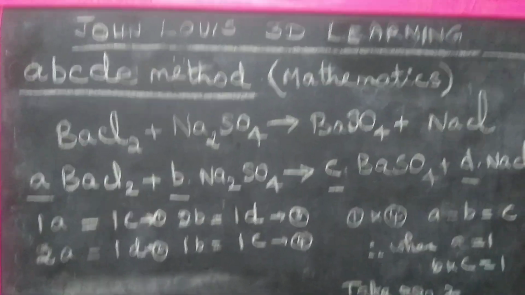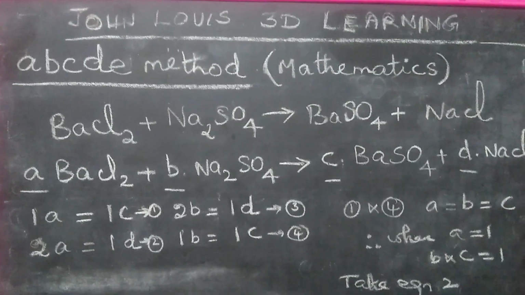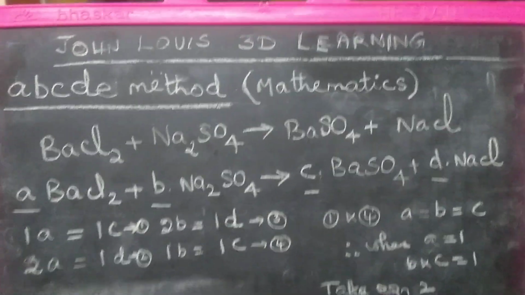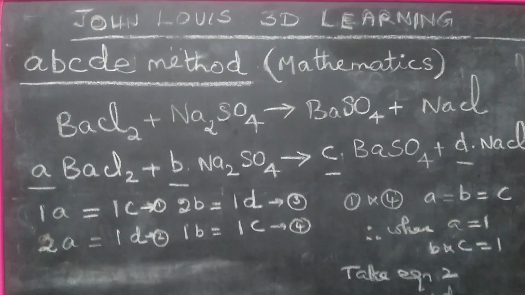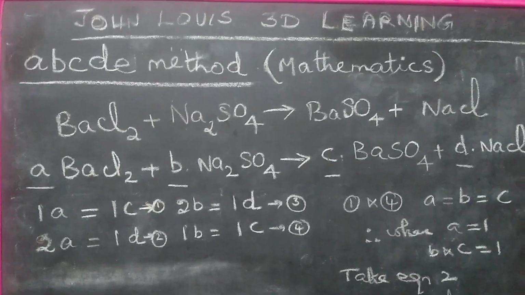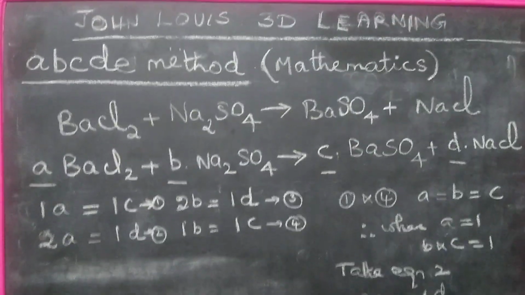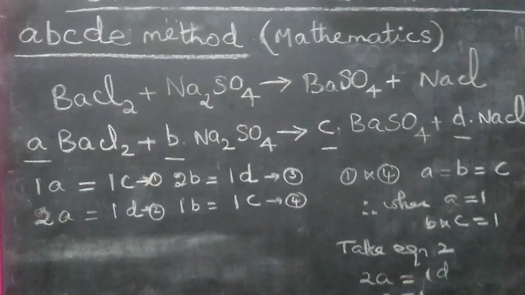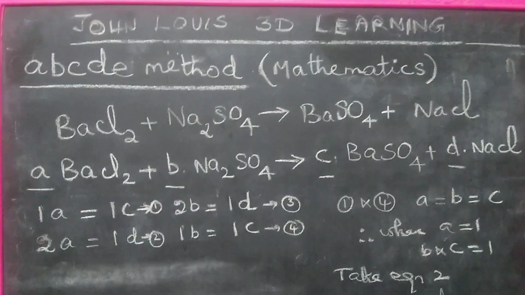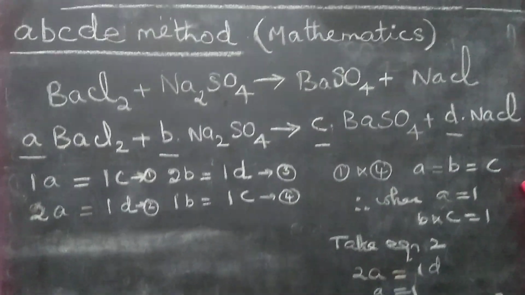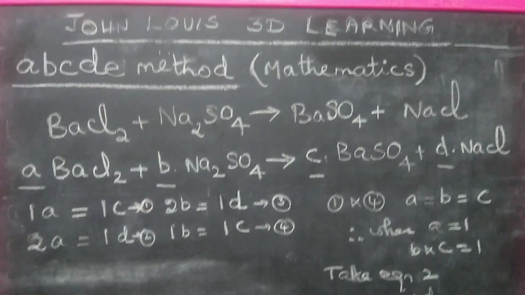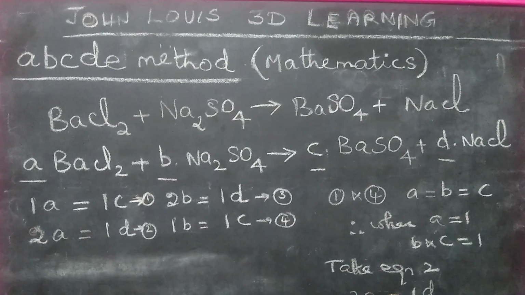So in this presentation, we are going to see a different method, that is a mathematical way of solving or balancing a chemical equation. So many students ask me, sir, is there only one method, hit and run method, or trial and error method for balancing a chemical equation? No, there are some other methods. So here it is purely based on mathematics. If you have learned how to solve linear equations like x and y, then balancing the equation becomes very easy.